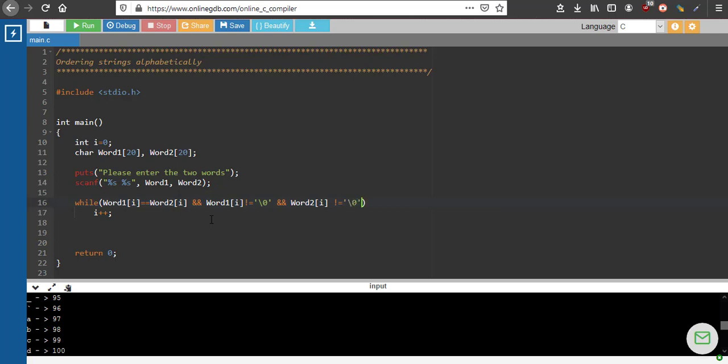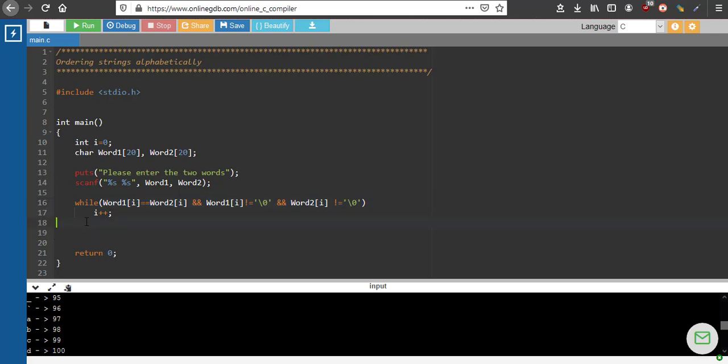So in the loop we are writing all the conditions that should be satisfied for the loop to go on, right? It should not be the end of word 1, it should not be the end of word 2, and it should be the case that both the corresponding characters are same. Then only I should go and check the next character.